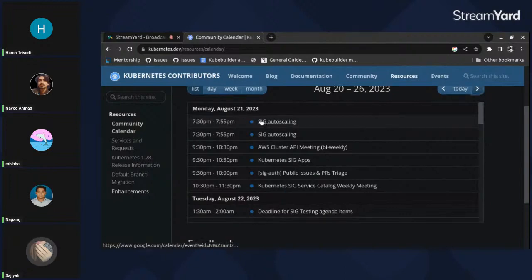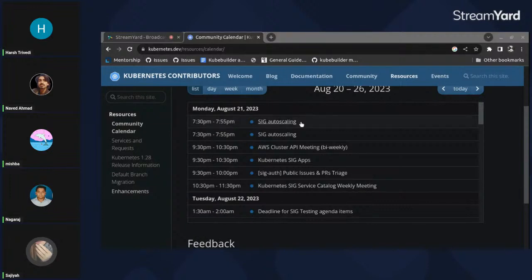for SIG Autoscaling. SIG is a special interest group. So anything related to Kubernetes, but not itself in Kubernetes, will come under SIG. So what is autoscaling in Kubernetes? When we have pods, there is a feature called autoscaling of pods, and you can scale up the pods and spin them down as well. If you delete a pod, it will come up again if there is downtime, and that's a main feature of Kubernetes. So this will be the meeting at 7:30 p.m. in the evening,